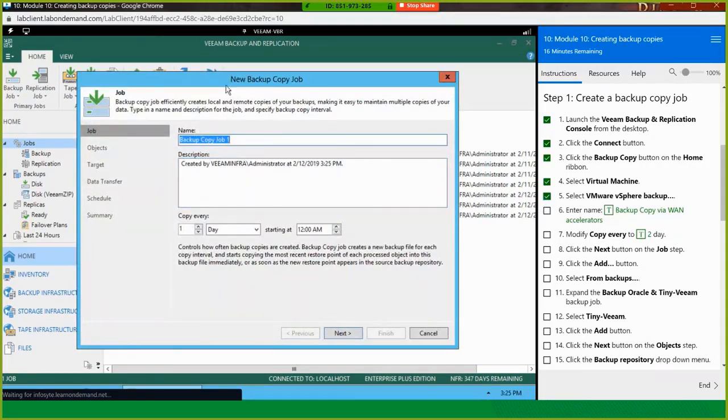Okay, so for the name itself on this backup job, this is another cool feature that I would like to show you. So over here, when you select and highlight this particular text box, you can always click on this shortcut to copy and paste what the lab guide is asking you to do. So this is a pretty cool and easy feature to use to basically give you faster access. Okay, so enter the name, then modify the copy to every 2 days. Okay, just to avoid misconfiguration. Click next on the job